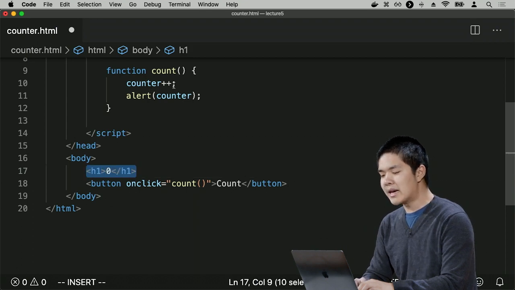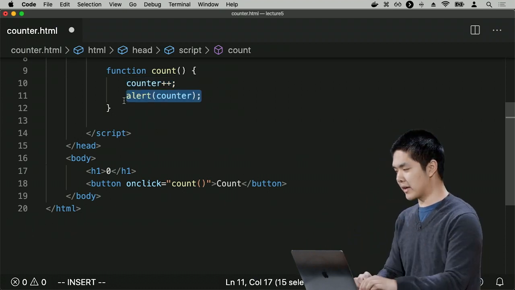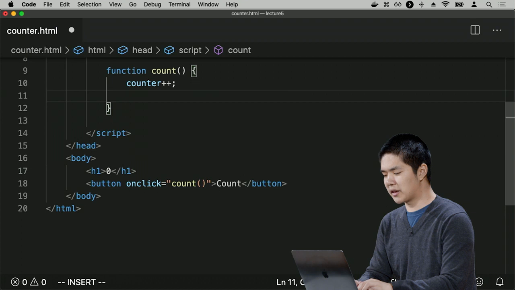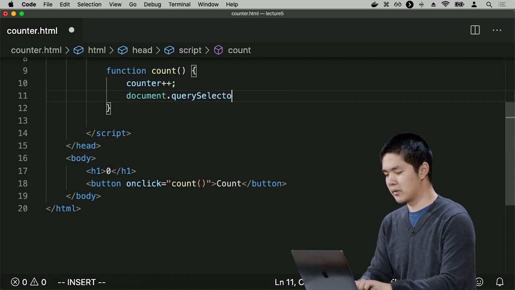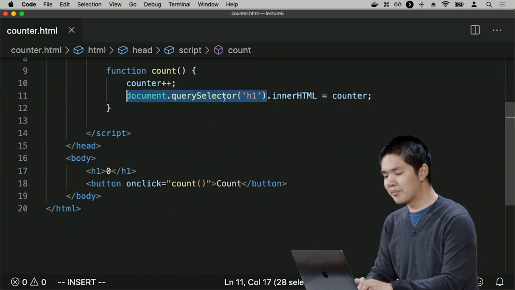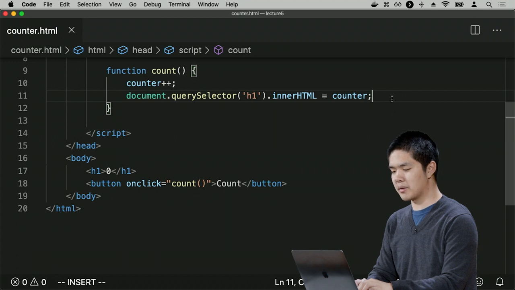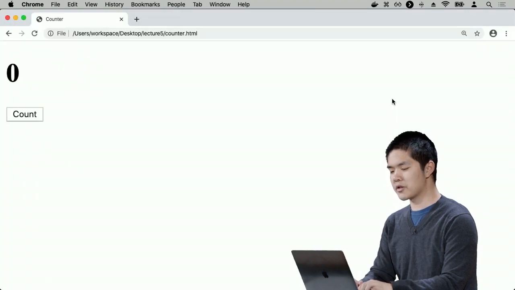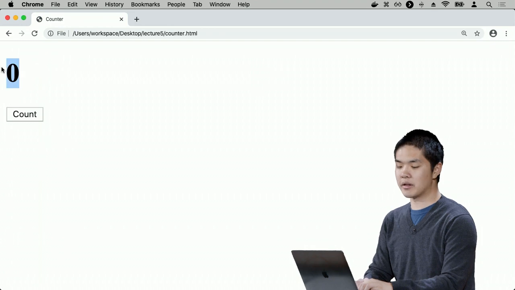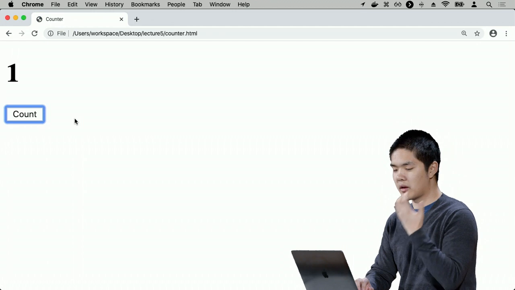And now when I increment the value of counter, rather than display an alert that just tells me the value of the counter, I'm going to instead say document.querySelector h1 dot inner HTML equals counter, where I'm saying find the h1 element, update its inner HTML, set it equal to whatever the value of the variable counter happens to be, such that now if I refresh this page, the value of this h1 initially is 0. That's the initial value. But every time I click count, we're going to update the contents of that h1 element,